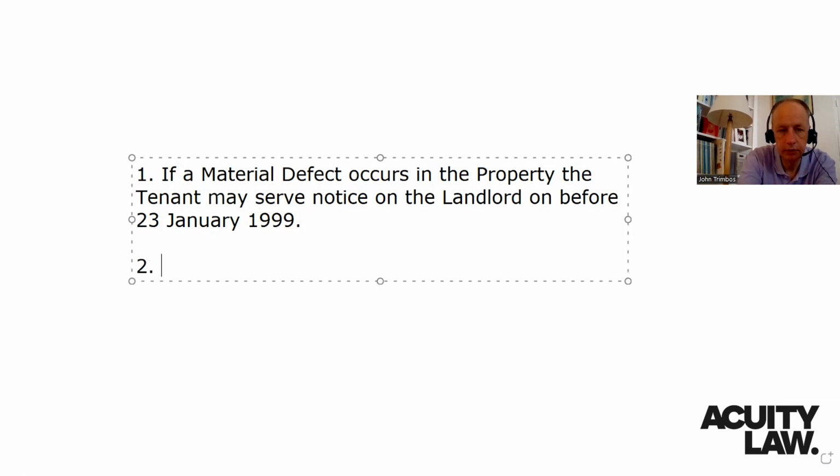Sentence 2 then is, well, the exercise of the tenant's right triggers the landlord's obligation. So then the landlord, and there are 2 different verbs people tend to use for obligations. So either shall or must. Shall is more traditional, but reckoned to be more elegant. Must is more modern, but some people think it sounds harsh and brutal, but shall and must mean the same. So the landlord shall or must within